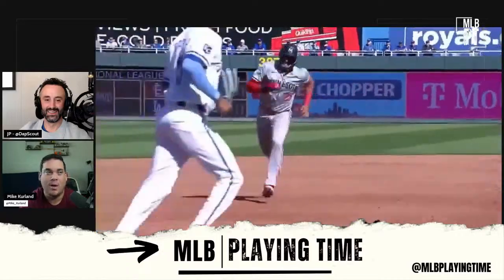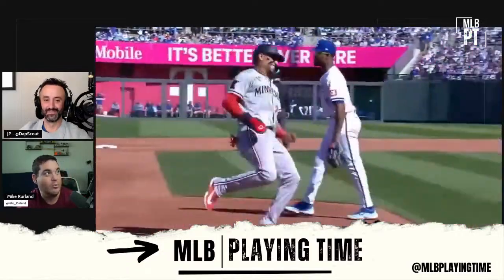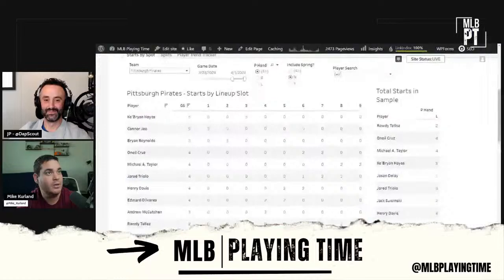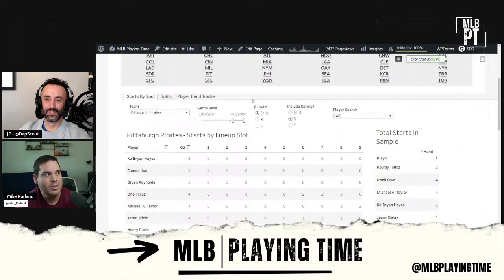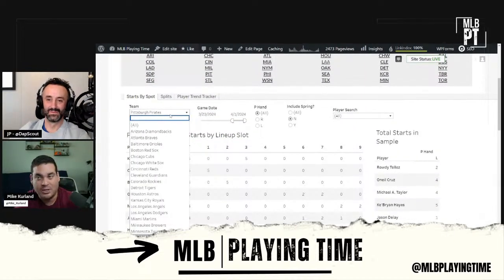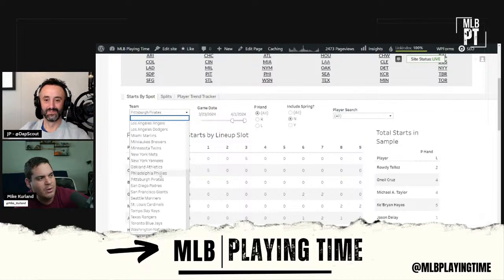I mean, we're talking probably almost, you're hoping for the All-Star break at this point, I think, which is unfortunate. And in the meantime, the last 2 days we've seen Willie Castro, kind of everyone's favorite sleeper before they made some signings, right? So Willie Castro's played 2 straight games. He started today as well, which won't reflect on the site necessarily because it updates every morning, but still 2 straight games at third base as a starter for the Twins. So Willie Castro is kind of the next man up there.